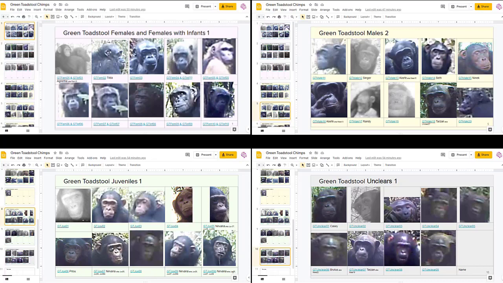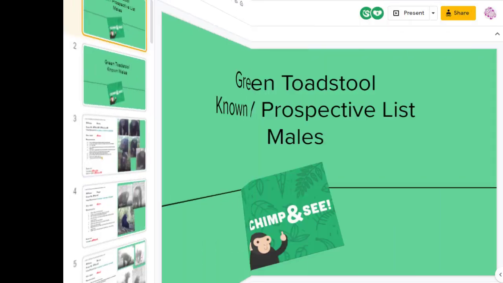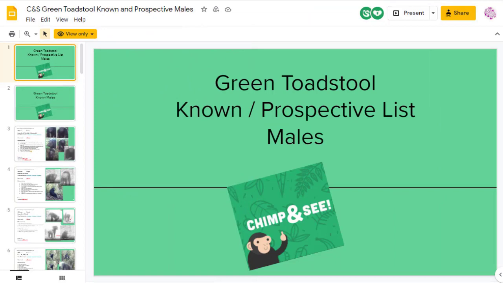You'll be able to tell if there's enough similarity between two chimps to take a more detailed look. You can find a link to a site's mugshots at the end of every K&P list. The K&Ps are the known and prospective chimps at a site. Get to know them. You'll find links to the site's K&P lists in the Read Me First post.